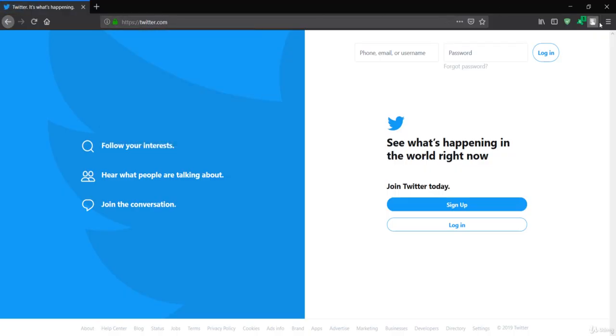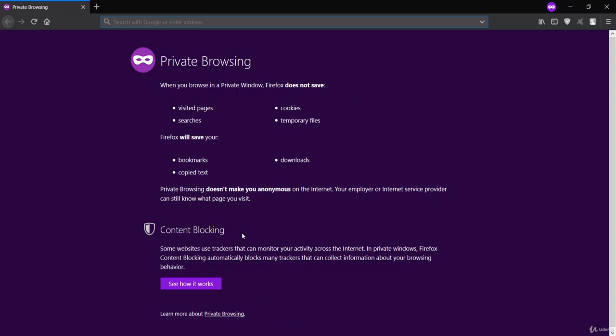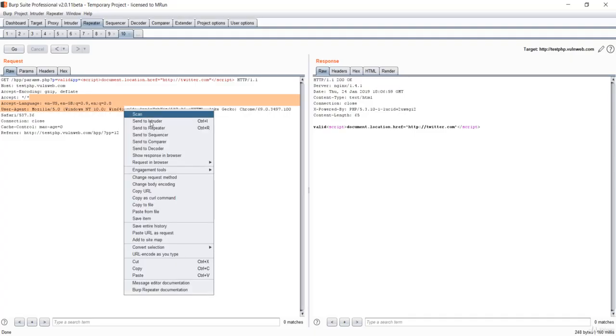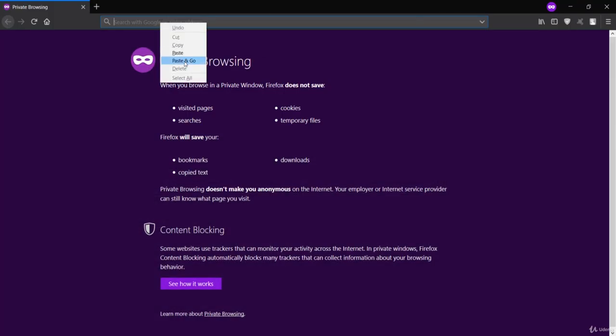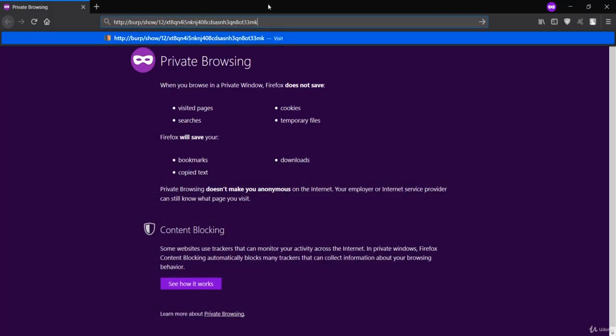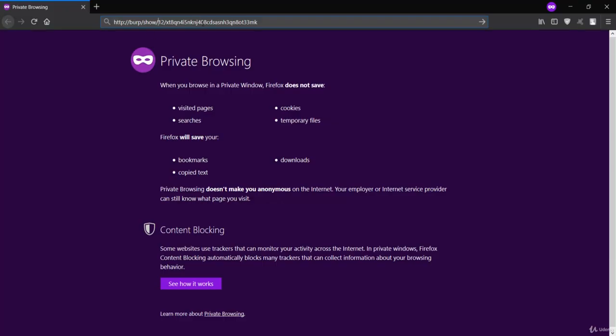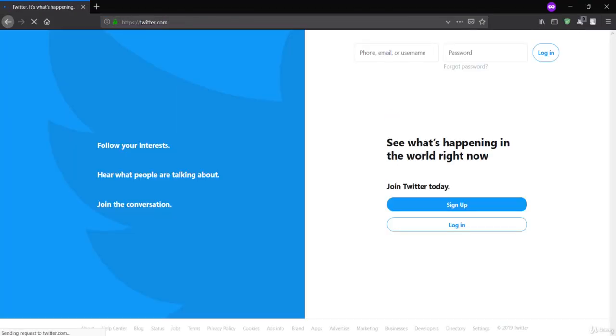I'll open a private window, and if I go over here and see the response in the browser, that means when I copy the link and paste it down here, it is something like a verb, but it is actually the link of test.php. When I hit enter, it was the website of test.php.vuln, but it redirected to twitter.com.